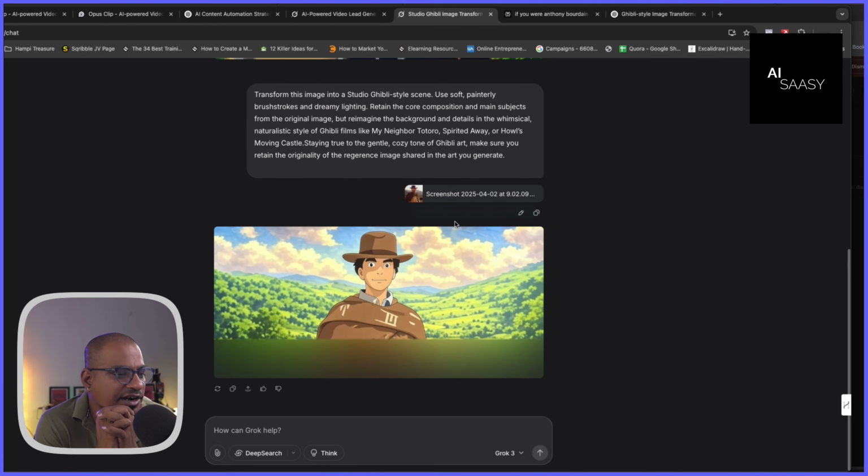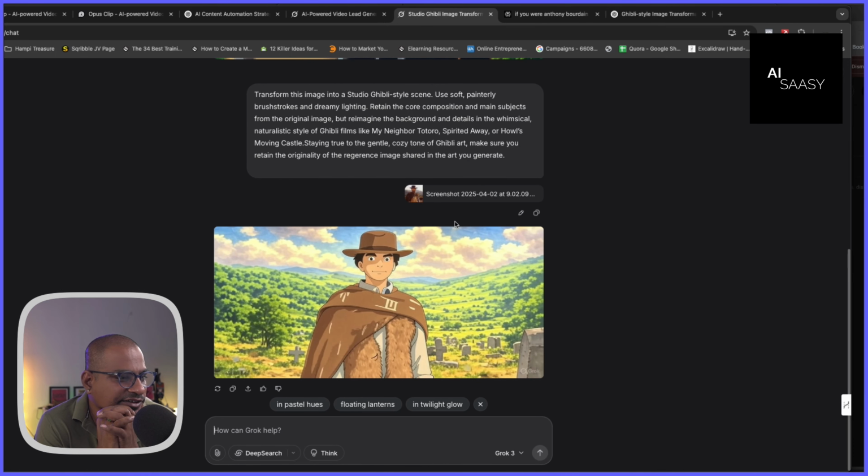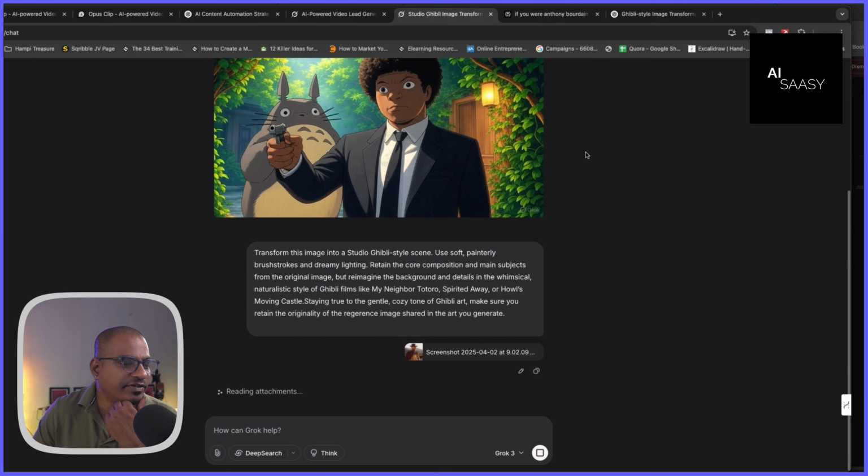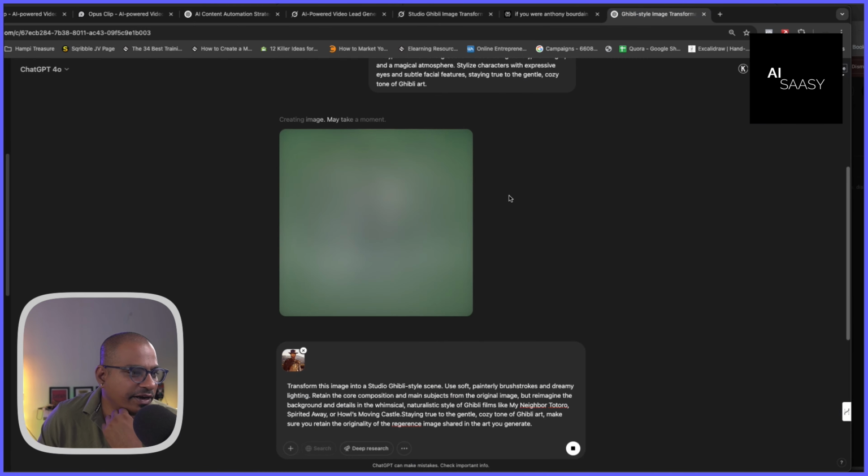Okay, this is hardly the Clint Eastwood classic. The classic Clint Eastwood beard is missing. The cowboy look is missing. This looks more like a chocolate boy. Let's see what happens if I regenerate it, since we have time, right? So we're done with 2 images on SuperGrok while ChatGPT is still loading.